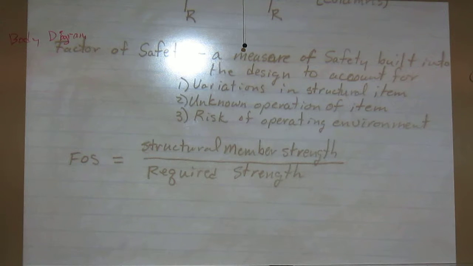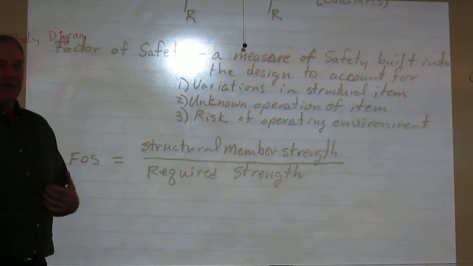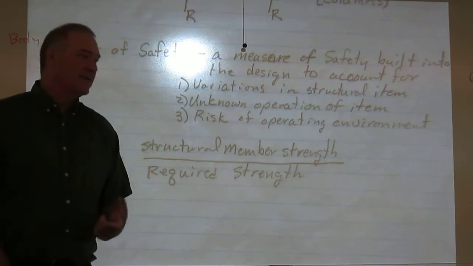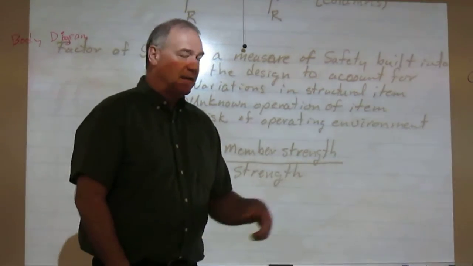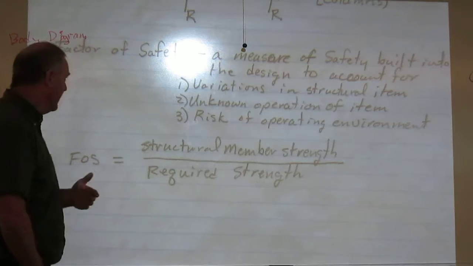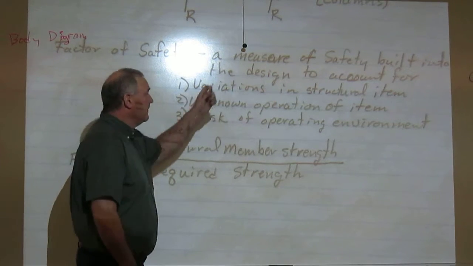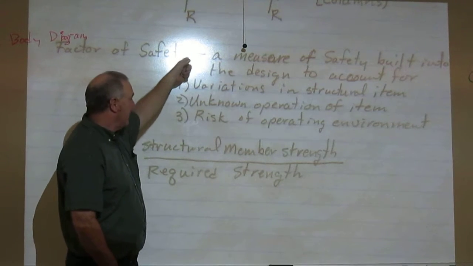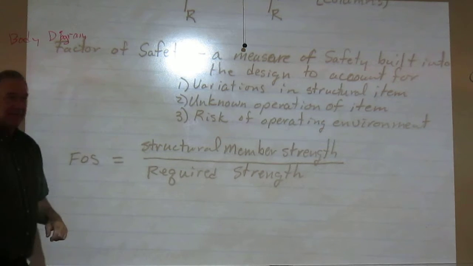A measure of safety built into the design to account for... Remember, we're guessing at some of this stuff, right? So we don't really know exactly how this is going to be used, so we're guessing, like 60 pounds of live load, 20 pounds of dead load, whatever. So when we do that, we're putting a factor of safety on it. The reason we give a factor of safety: